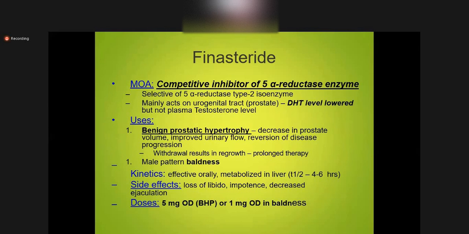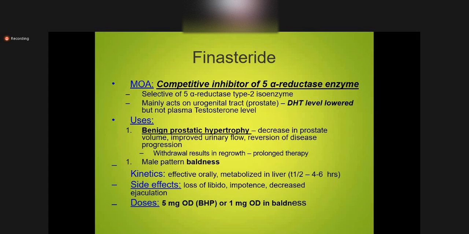Clinically it is used in BPH, benign prostate hypertrophy, because once the testosterone is not working effectively, it can reduce the hyperplasia of the prostate. In BPH, it is also used for male baldness, because baldness is due to overactivity of the testosterone. Kinetics: it is effective orally, metabolized in the liver, and the side effects could be loss of